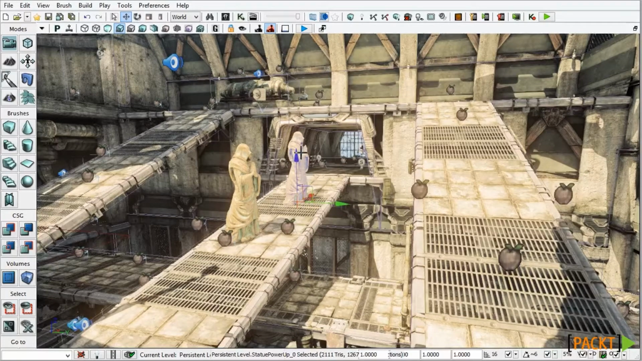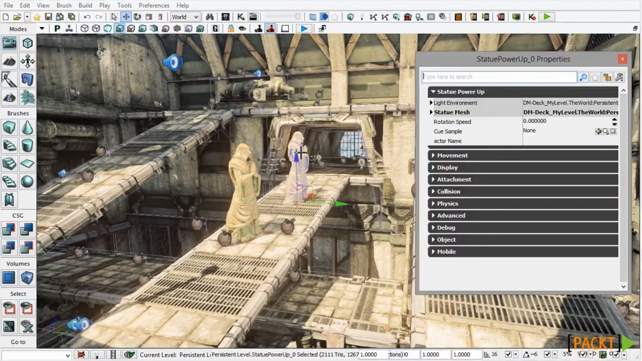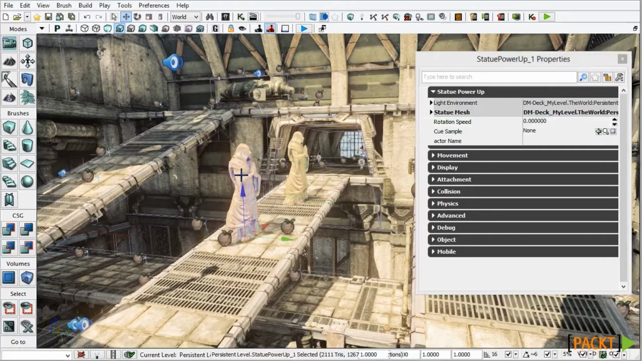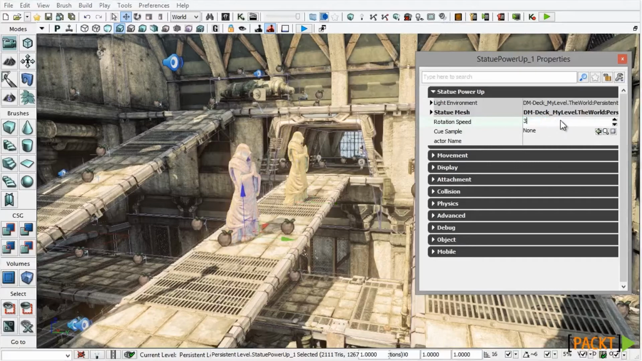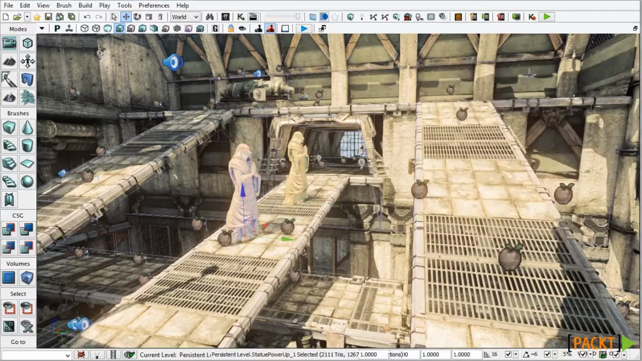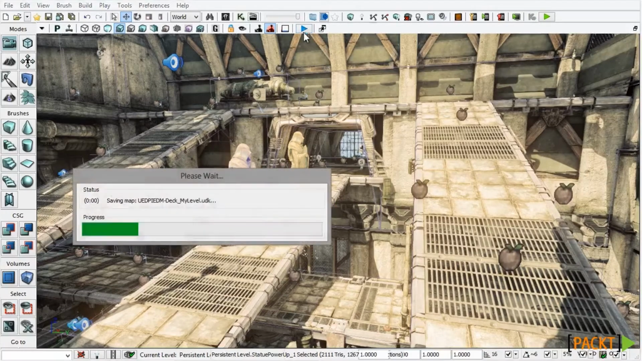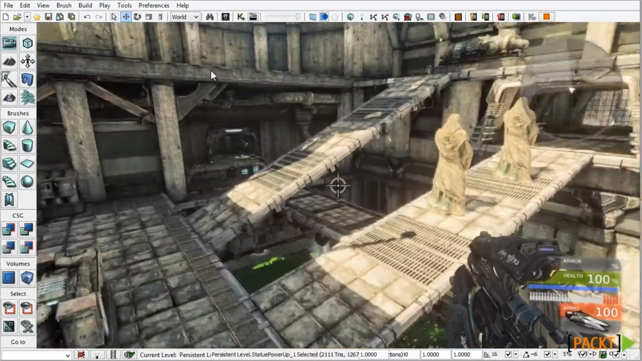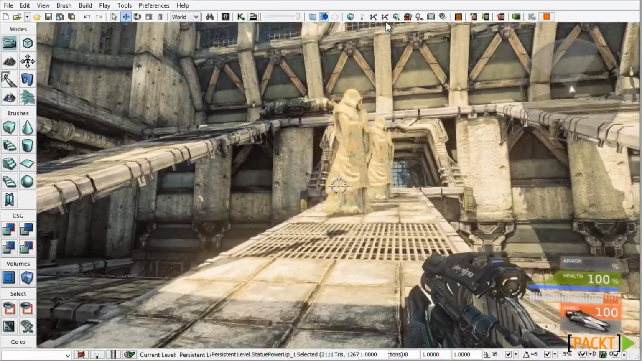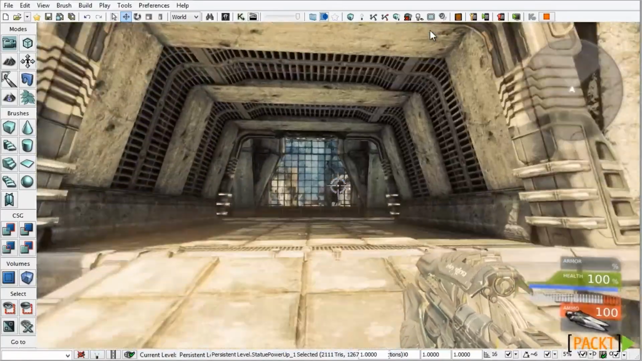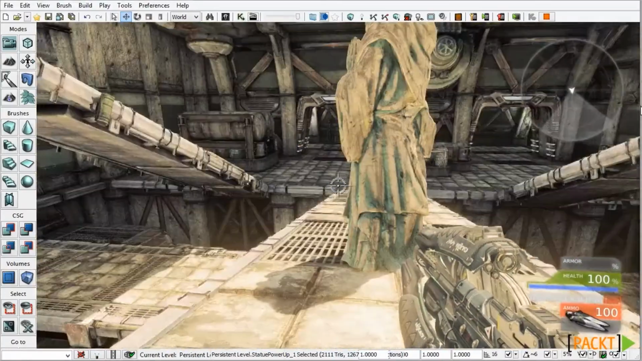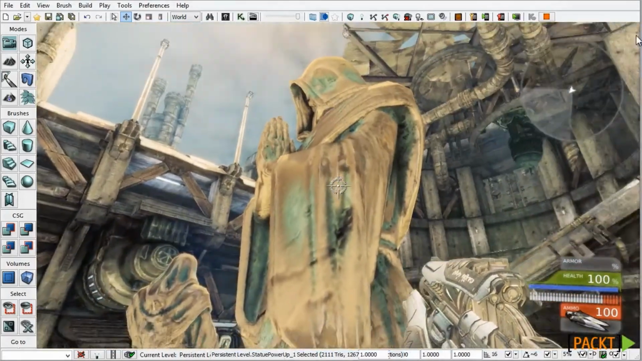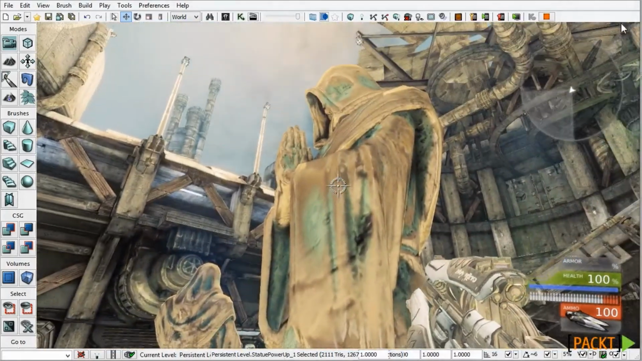So I'm going to select the first statue, press F4 on the keyboard, and I'm going to set the rotation speed to 360 here, like so. And I'm going to select the second power-up and set the rotation speed to 360 as well. So just accept both of those and then press play on the toolbar. And then I'm just going to run through both of these power-ups. So through one, through the second one, turn around, and oh look, both of them have stopped rotating completely,